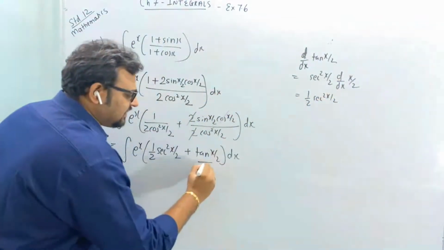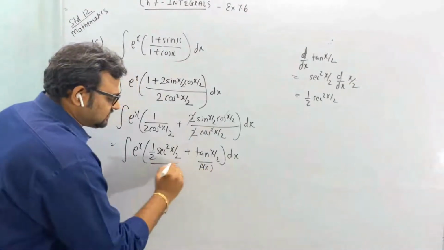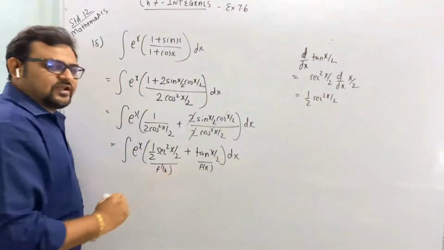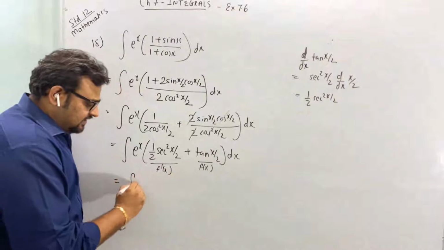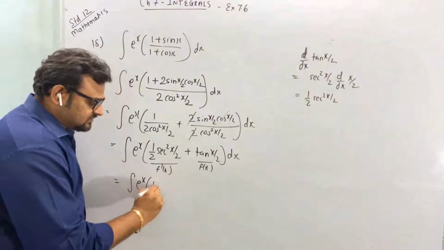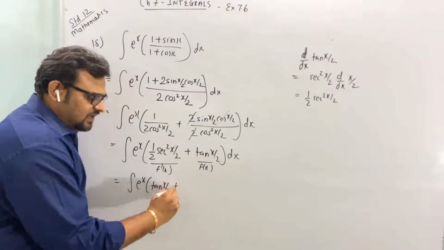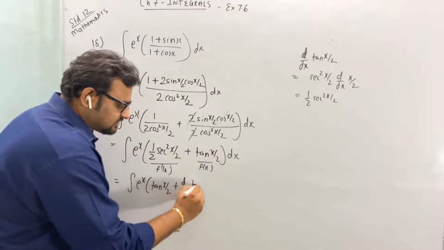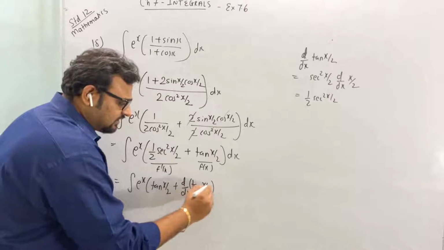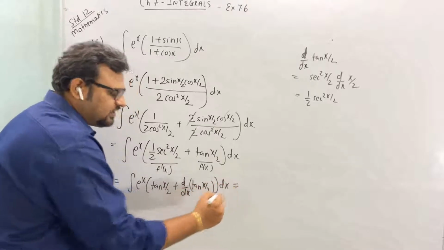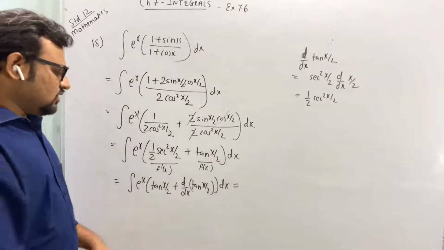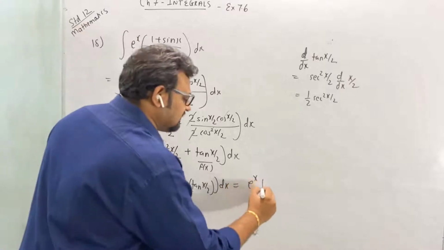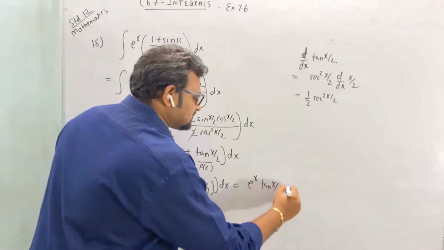So this will be f(x) and this will be f'(x). So this will be integration of e raised to x [tan x by 2 plus d by dx of tan x by 2] dx, equal to e raised to x f(x), that is tan x by 2,